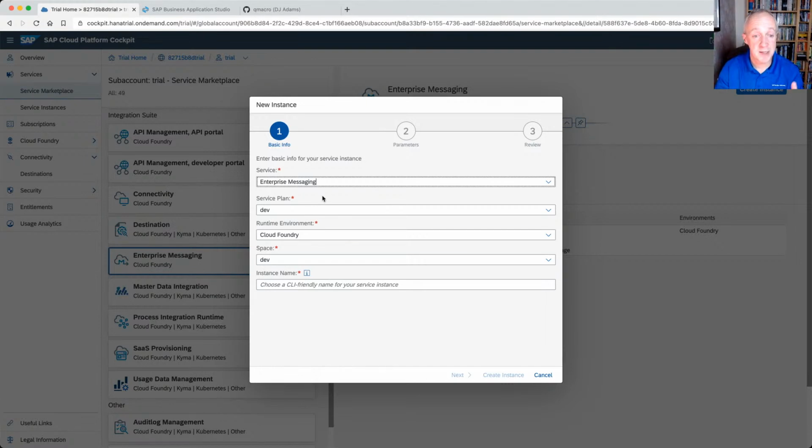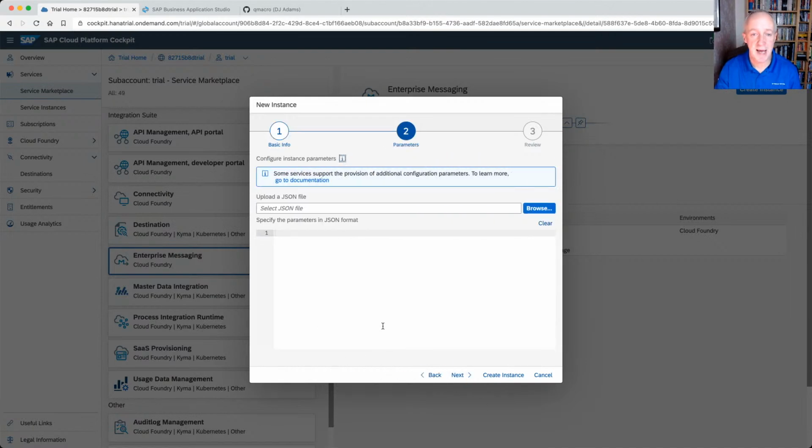Anyway, so enterprise messaging, service plan dev, Cloud Foundry runtime environment, dev space, and we'll choose a CLI friendly name for your service instance, which is quite nice. So I'm going to call it emdev, because it's a nice short name. Okay, and I'm going to go through next, because what we want to do is specify some